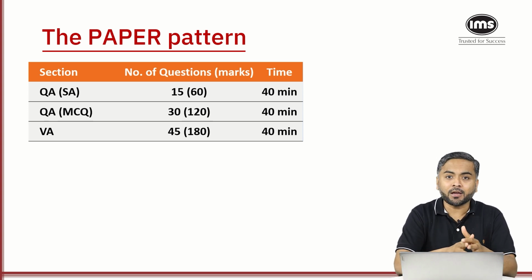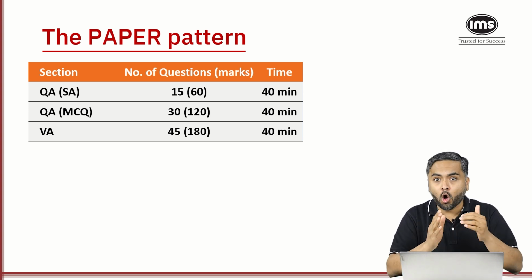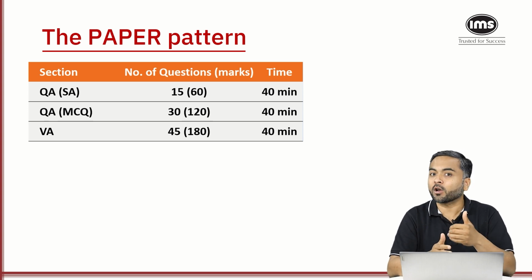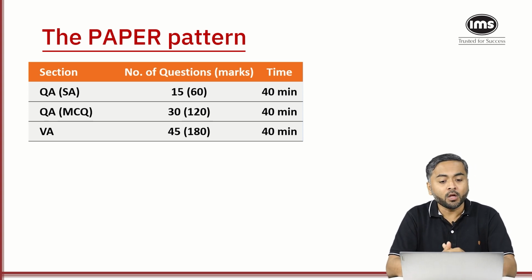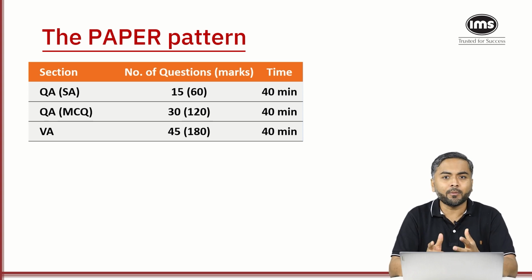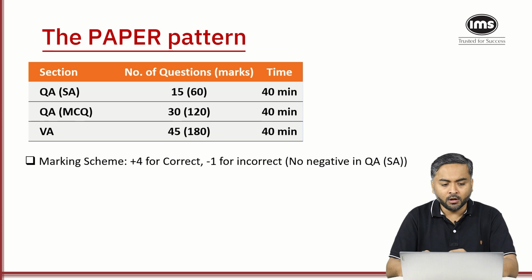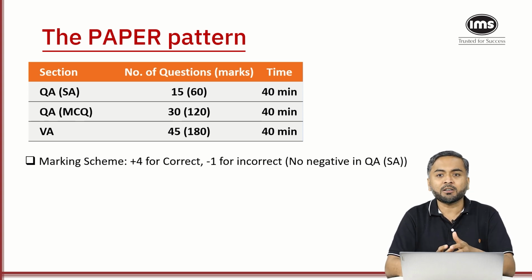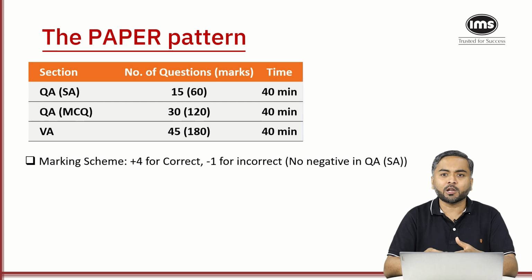Here you have negative marking. So if you go wrong, you get -1, and if you go right, you get +4. There is no negative marking in the QA short answer section. And for verbal ability, again there are 40 minutes, but here you have 45 questions to be attempted. So the marking scheme, as we discussed, is +4 for every correct answer, -1 for every incorrect answer, and no negative marking for the QA